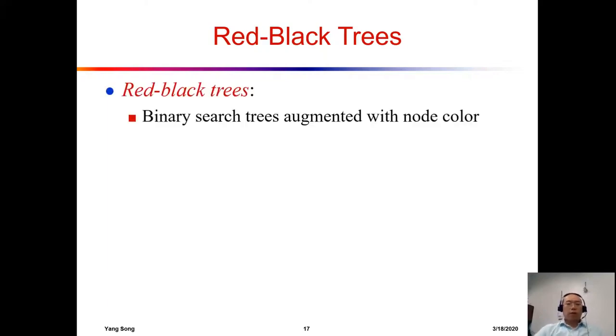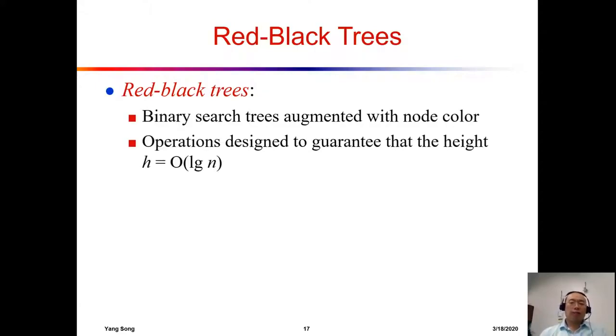Okay, everyone. So now we move on and start to talk about the red-black tree. So remember, a red-black tree is also a binary search tree. However, it is augmented with other cool features. And as the name suggests, we are using the red and black color to paint each of the nodes of the tree. And after we apply some of the tricks we are going to learn in the future, you will see that those operations will guarantee that the height of the red-black tree will be